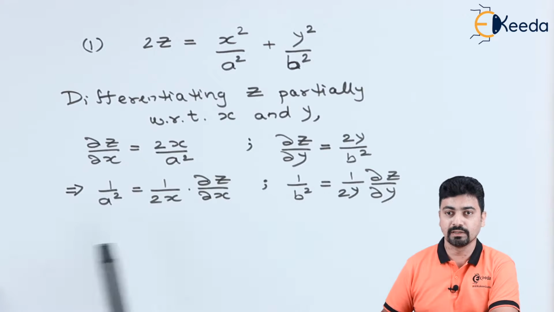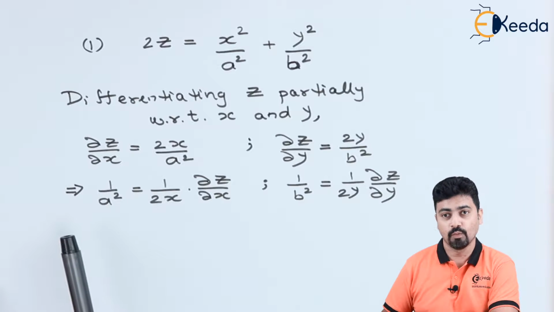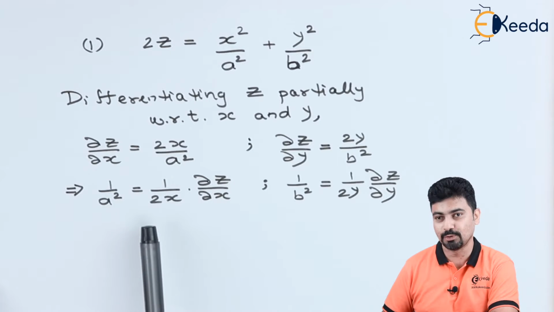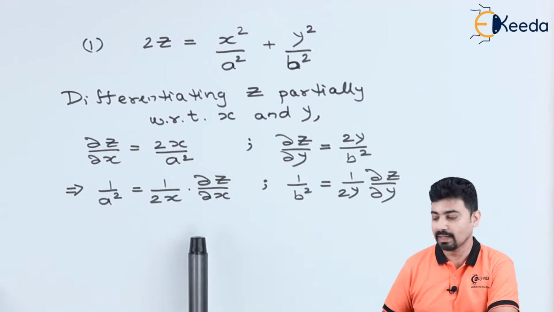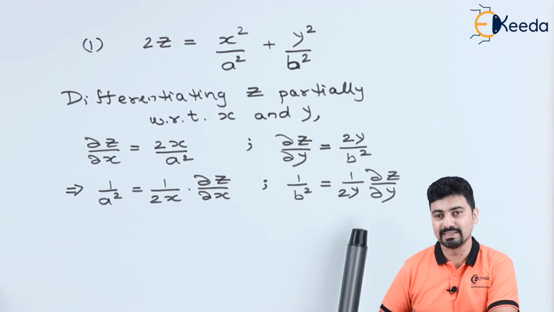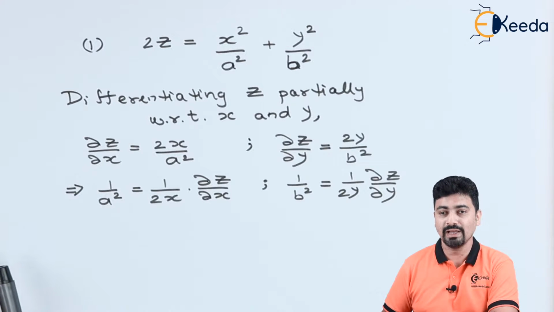Now, rearranging the terms, we can get the value of 1 upon a square and 1 upon b square as follows. 1 upon a square will be equal to 1 upon 2x del z by del x, and 1 upon b square will be equal to 1 upon 2y del z by del y. Now, going ahead, we can substitute these values in the given equation. Thus,